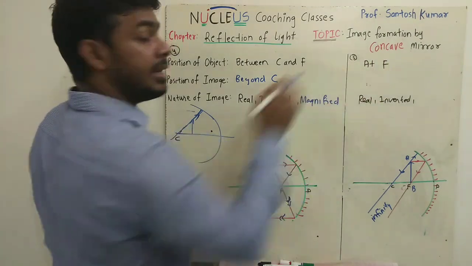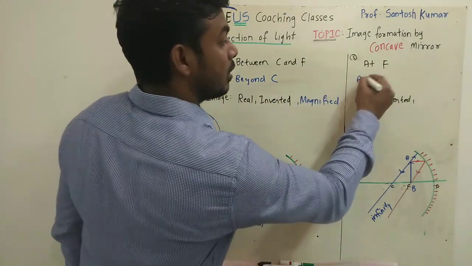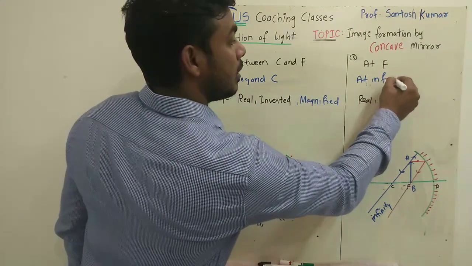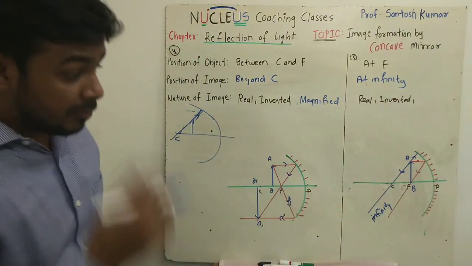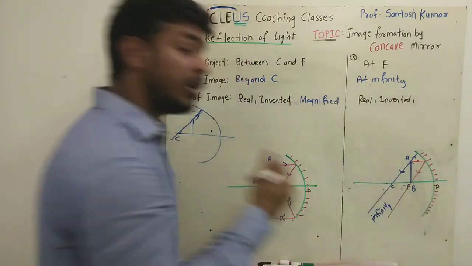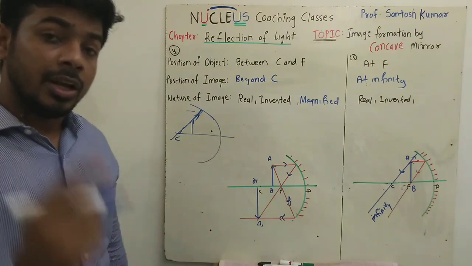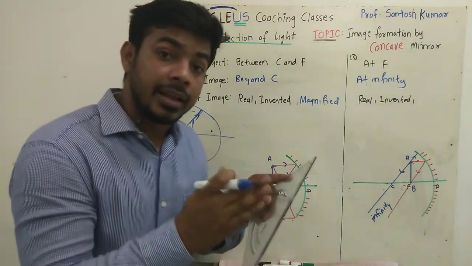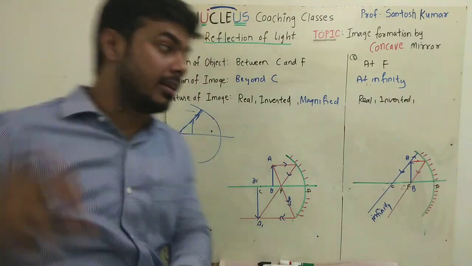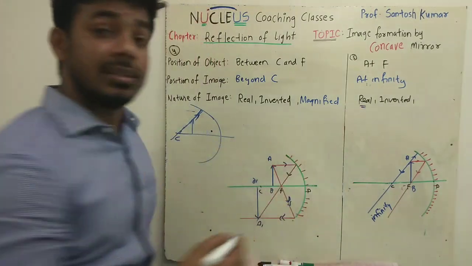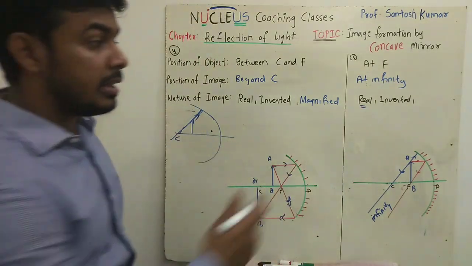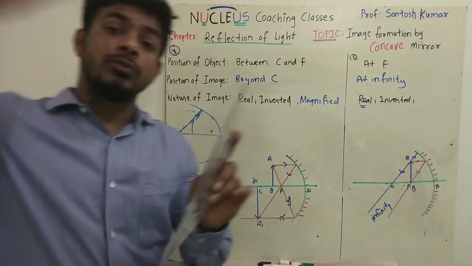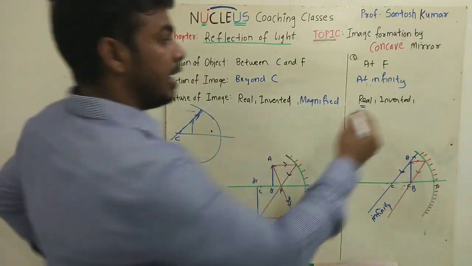That means if the object is at F, the image is formed, come on tell me, at infinity. Definitely here the image is formed in front of the mirror. Here we consider that parallel rays will meet at infinity. So I have to take this image as real. Real is always inverted, and since the size of the image will be very large, it will be